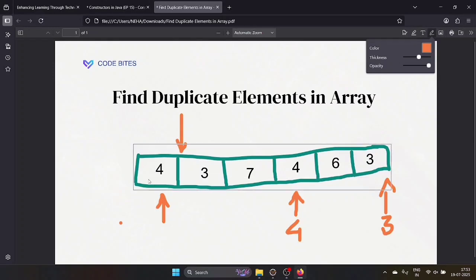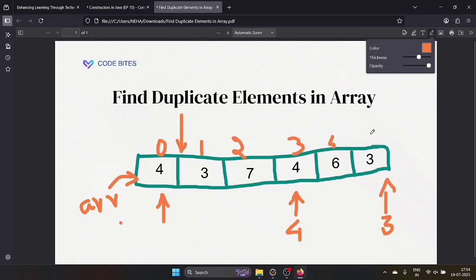If we take i here, it means arr of what? arr is the name of the array. Here we have given indexes 0, 1, 2, 3, 4, 5. We need to pick arr of 0 and compare it from arr of 1. For that we have taken one more loop, to pick the element with which we need to compare.